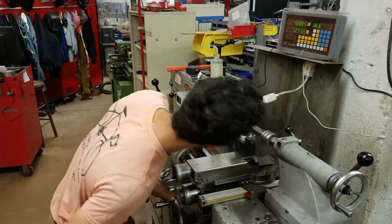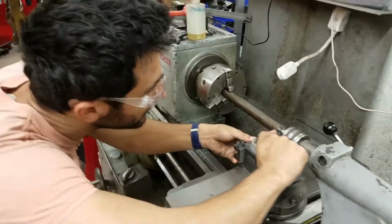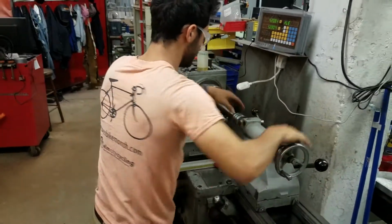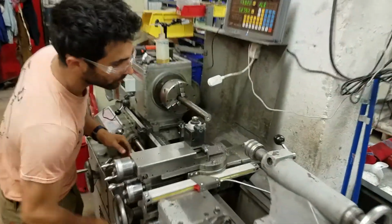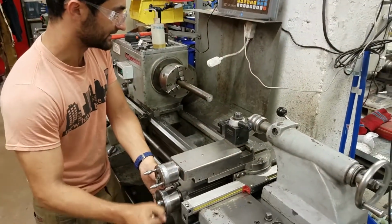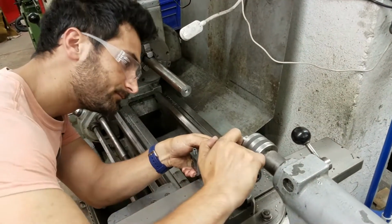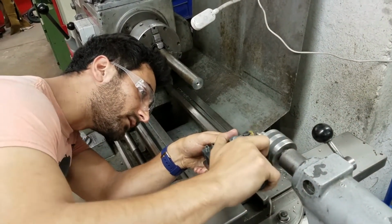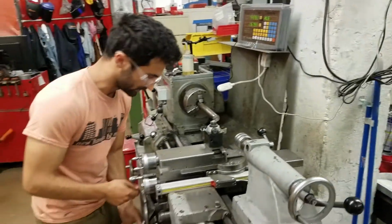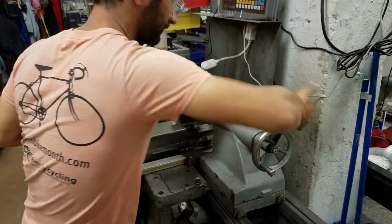So we're going to come in, and now we want to get it close to the middle, so I'm just going to loosen this. And that looks to me to be pretty close to center line. What we could do is remove the tailstock here and then line it up with our live center to get it closer to exact. All right. So now that looks pretty darn close to me. And again, this doesn't really matter so much if you're above or below a little bit. So we'll jog this back. Bring our tail back in,